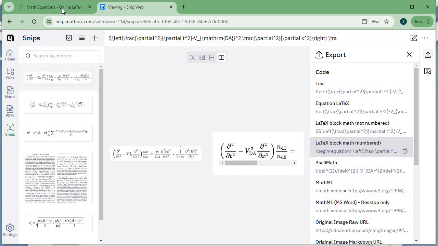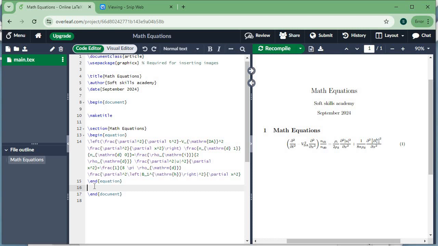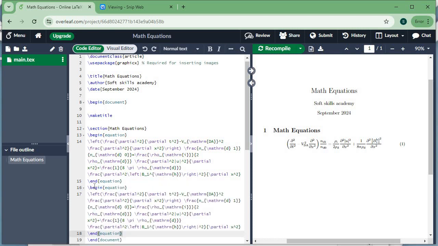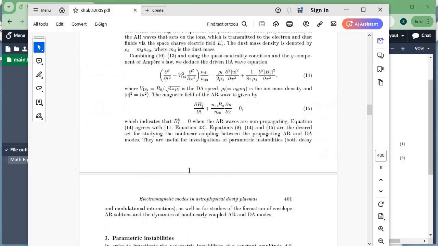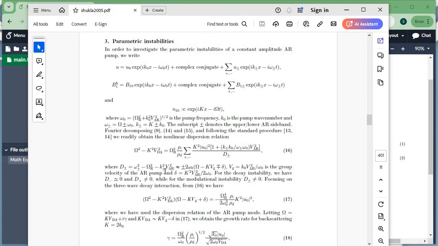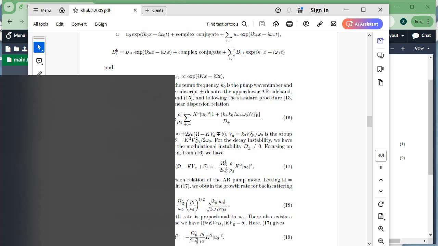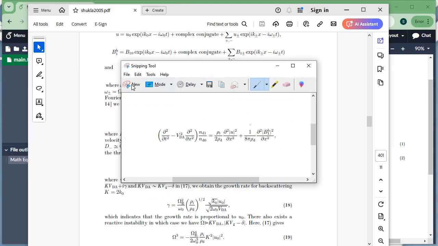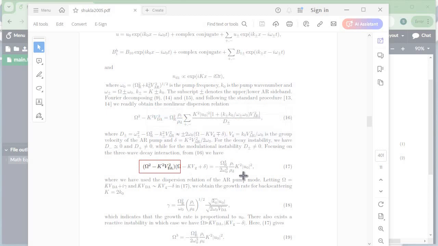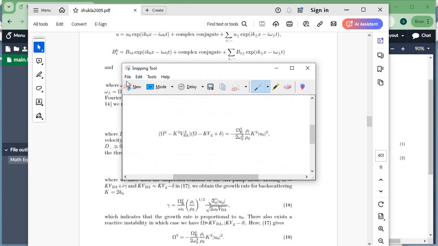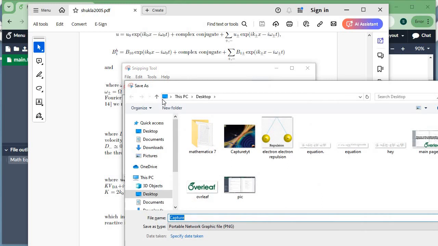So copy from here and go to your project in Overleaf, paste it and recompile it. So you get the equation. If you are interested to write another one, you can. Firstly, you should take a snapshot of it, take a new one. We want to write this one in our LaTeX project, so save it, with the name of a skill for example,